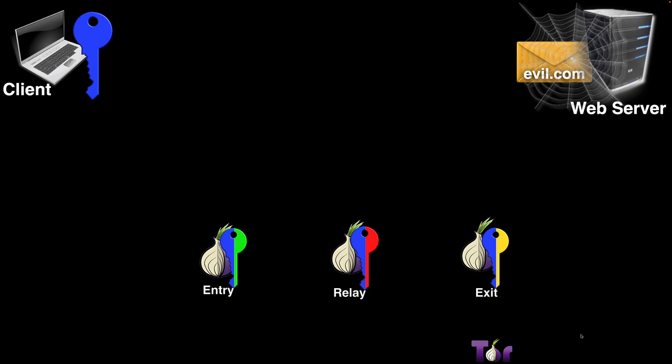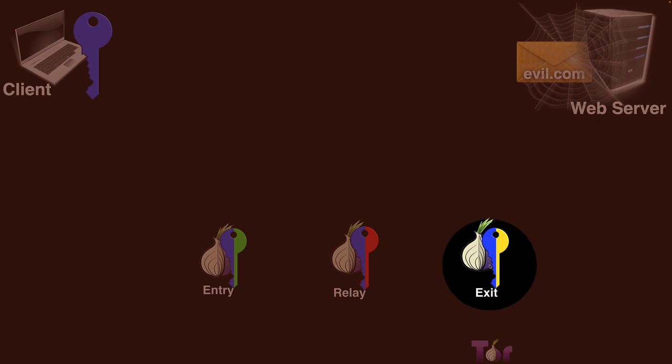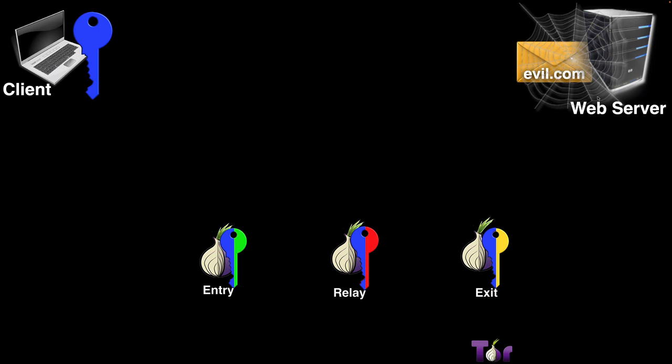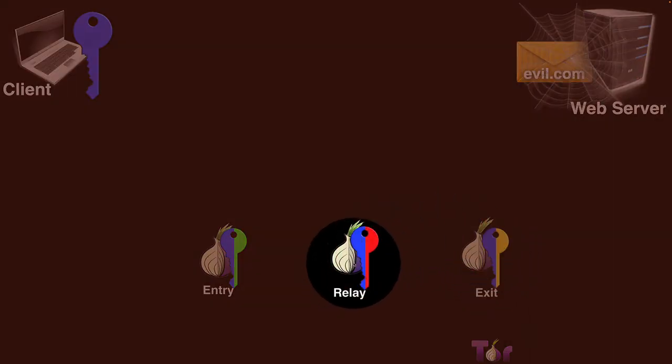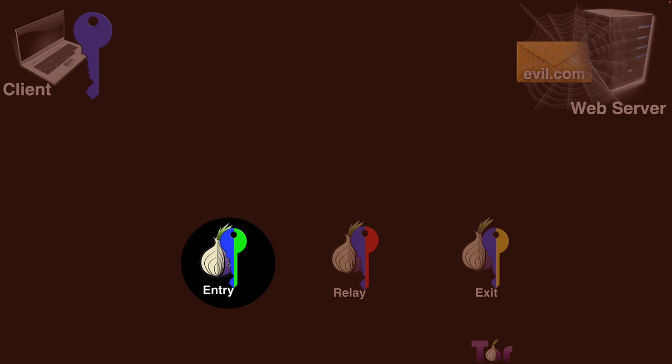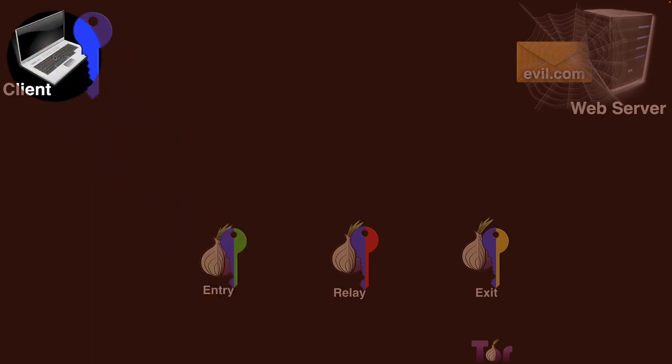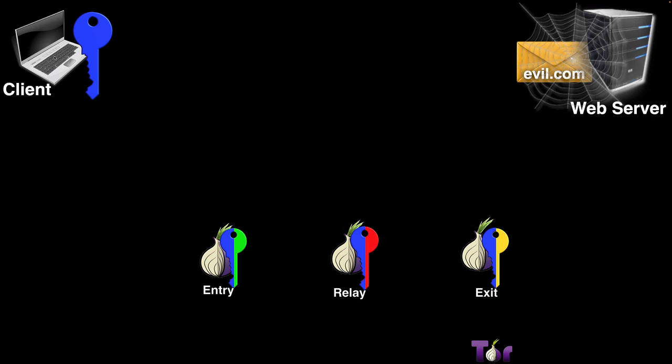Now, you would think maybe law enforcement could use legal process and identify who this exit node is because they went to the web server, so the web server has their IP address, and we could say, hey, where did you get this information from? They'd tell us the relay node. We'd get an encryption key, we'd get legal process for the relay node and then get its IP address of who it got the package from, which is the entry node, and then legal process to get back to the client. But that doesn't happen because every 10 minutes,